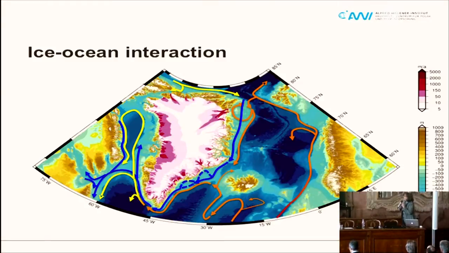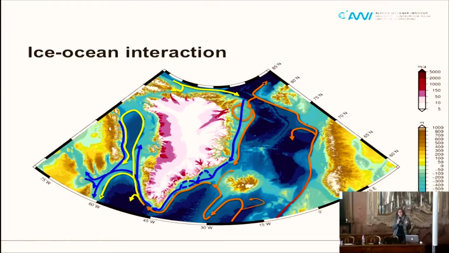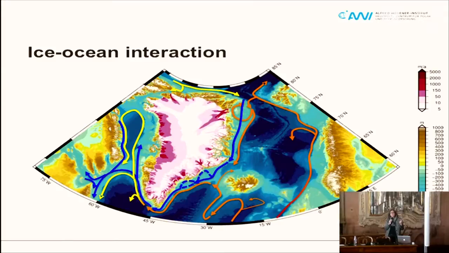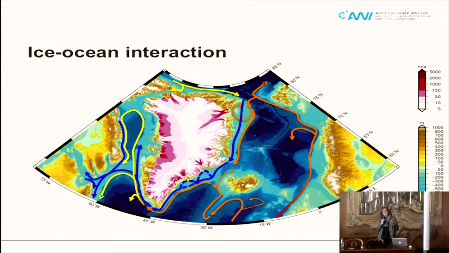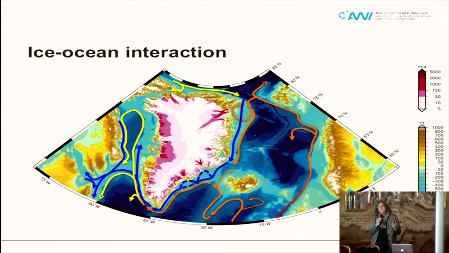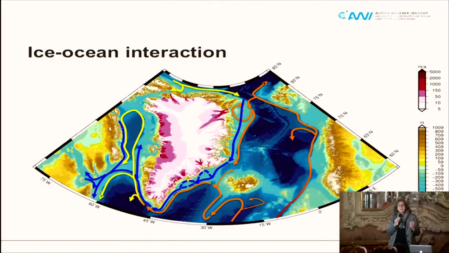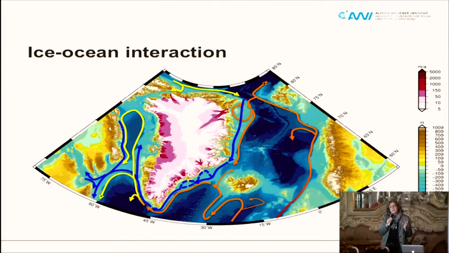And the basic action that the ocean does to it is, around the margin of the continental shelf, you have eddies. And these eddies are carrying heat. By turning over, these eddies are able to transport the heat onto the shelf. And onto the shelf, this warm ocean water is able to meet the face of the glaciers. And I'm going to talk about how that works, how the feedback to the glaciers is.